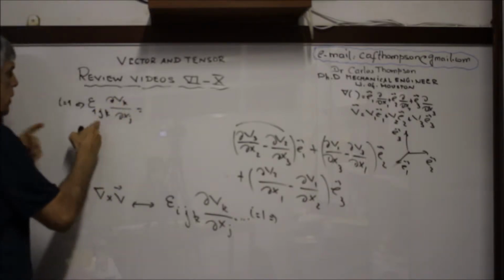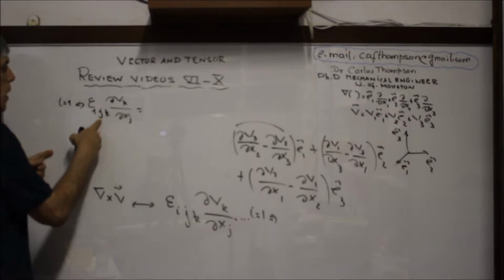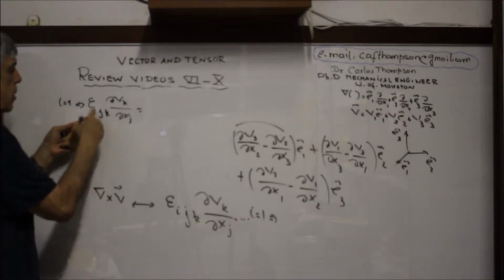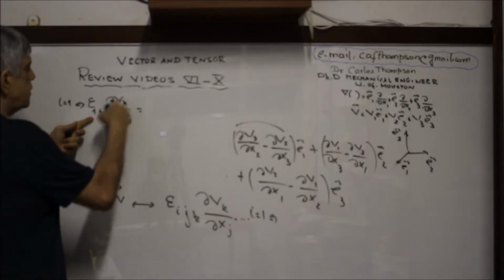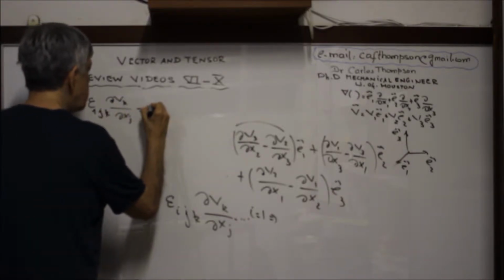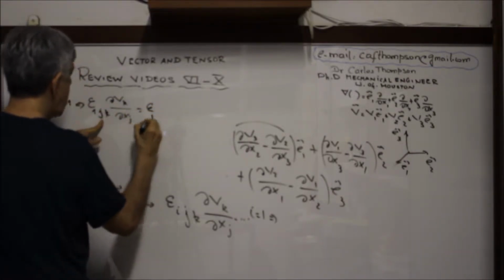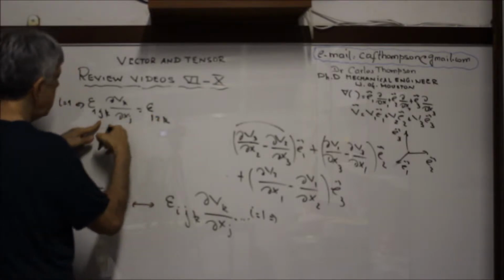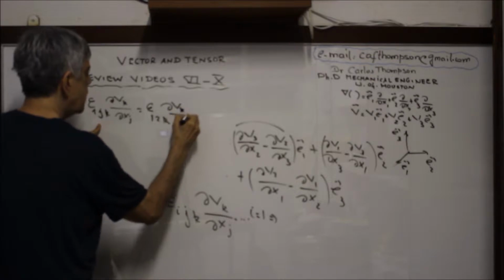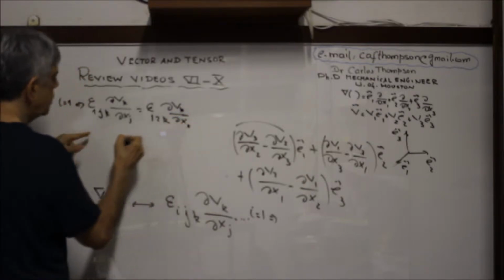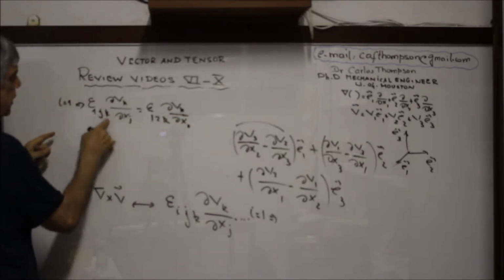Okay, here j is equal to 1. This will be 0 because epsilon 1,1,1 is 0. So that's j equal to 2. So epsilon 1, 2, k, partial of Vk with respect to x2. You see, because j is 2,